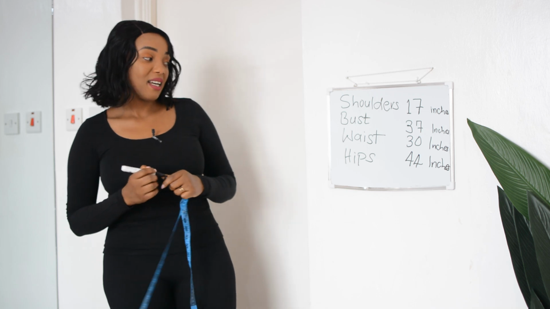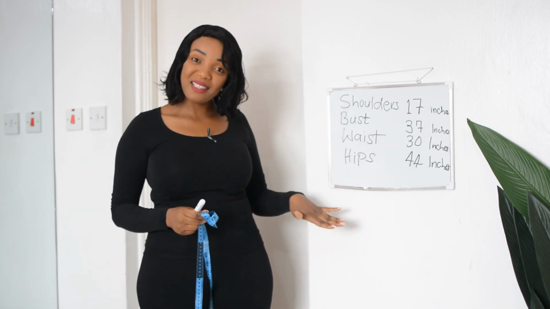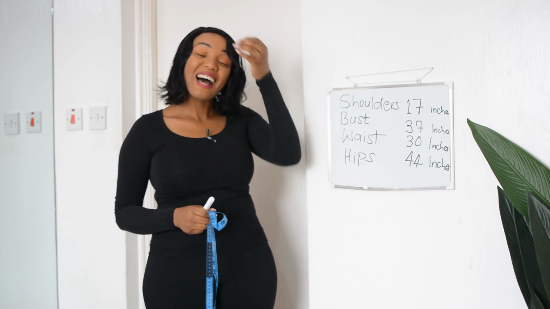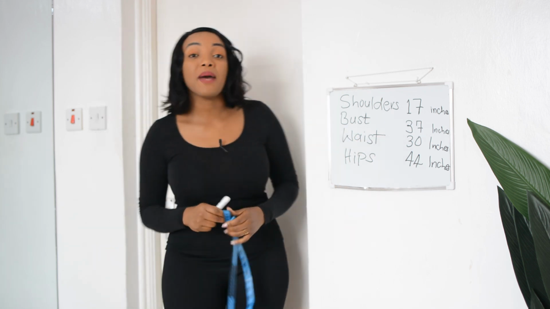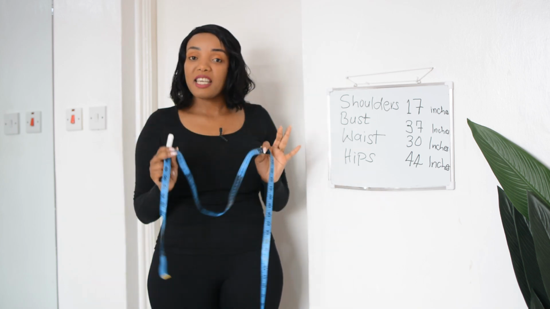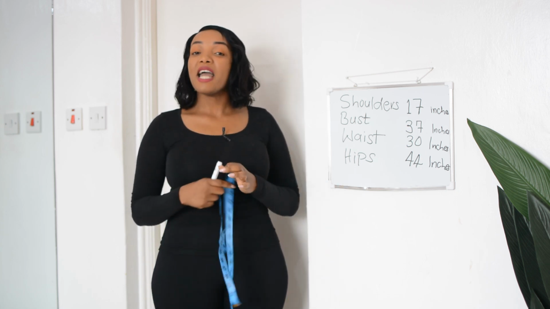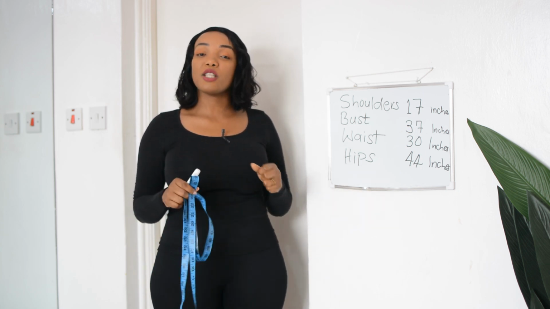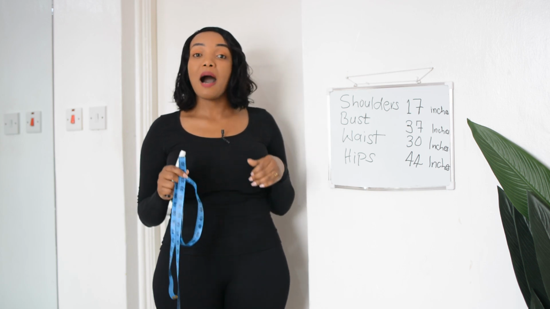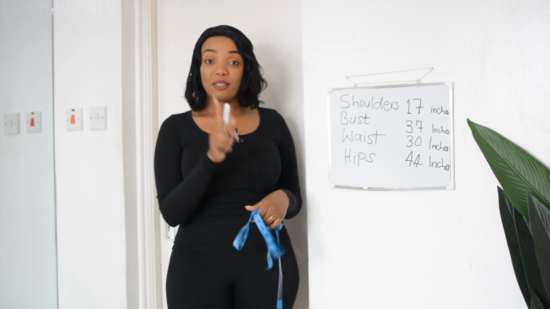All right, so I hope you have those measurements. Do you have your measurements? Are you following this class? I hope up to this point you're following, and that is the first step for you to know your body type: taking your measurements, ensuring that they are as accurate as possible. Ensure you have taken them without clothes so that you can have the most accurate measurements for you to determine your body type. Now, let's go to the next step.